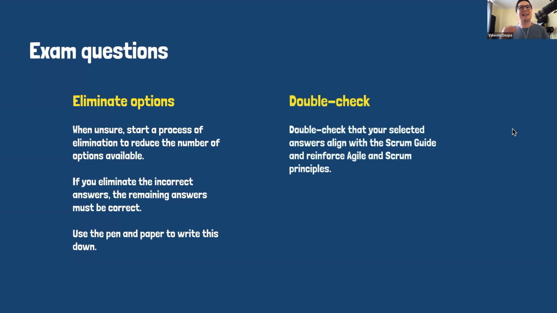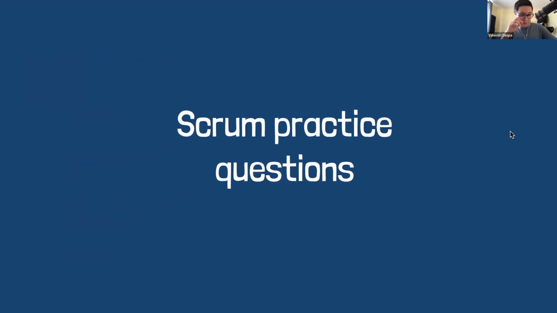Apart from this, you also want to double check. Again, coming back to the idea from earlier, you're about to select answer B. Think just once again. Does answer B align with the Scrum Guide? Or is it just an answer that I think is good? So first we eliminate, and then we double check again just to make sure that there's nothing fishy out there. Okay, so this is where we're coming more towards the